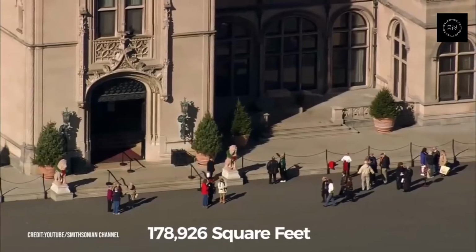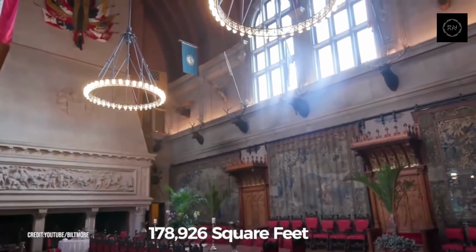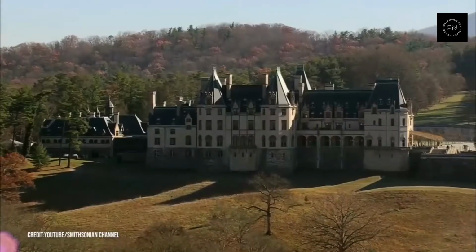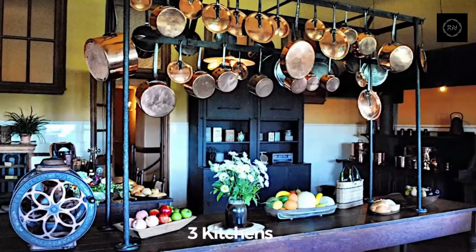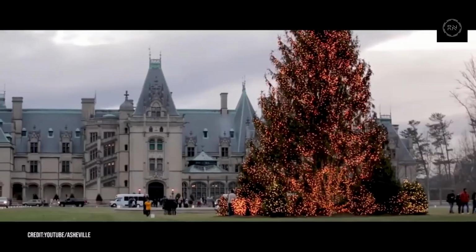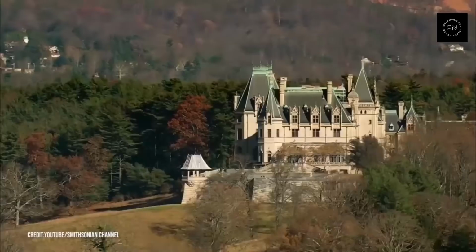The home is 178,926 square feet, with 250 rooms. Out of those 250 rooms, 35 are bedrooms, 43 are bathrooms, and 3 are kitchens. There's also 65 fireplaces in the home. I'm sure that's cozy. For quite some time, it was just the home of one family, a family with a